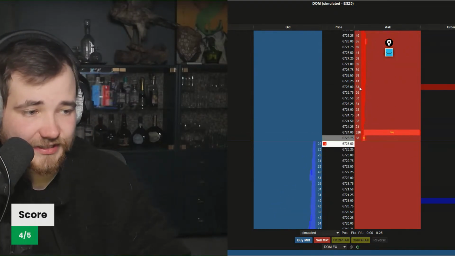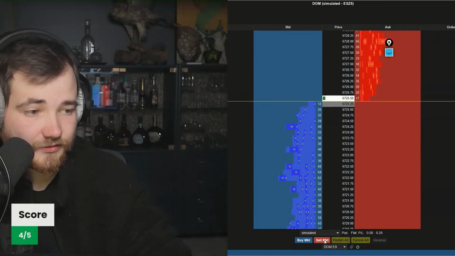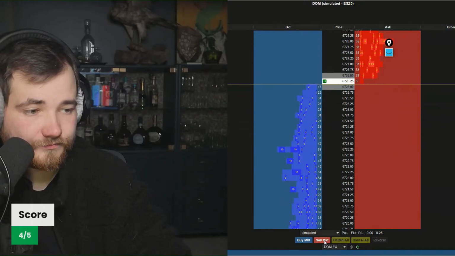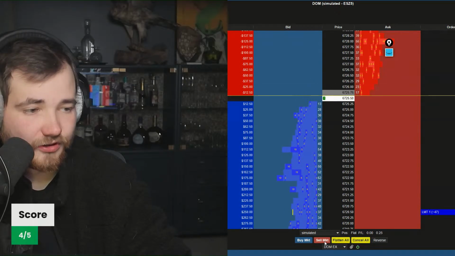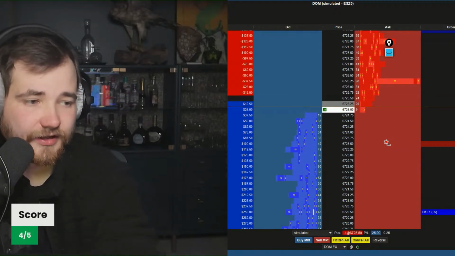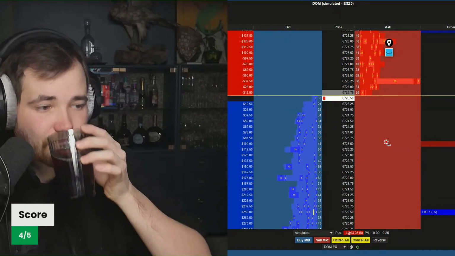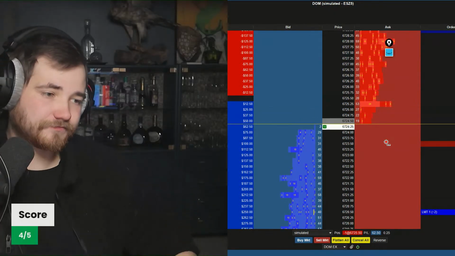Okay, let's see. 26 now. We got a snap into the short side. 26, let's see how it reacts. It's holding there. Let's take the trade. It held that 26 level for a while. Let's see if there's any edge on that one.